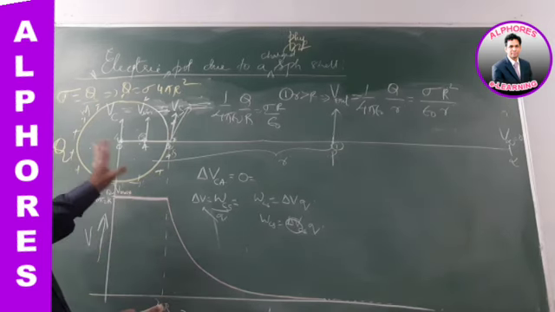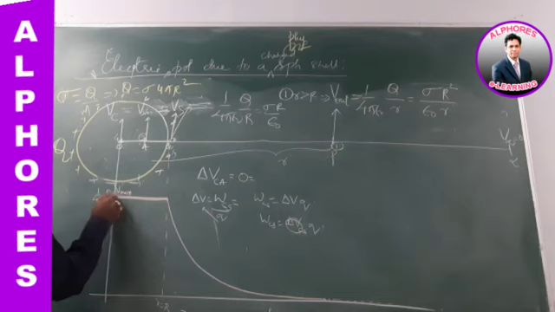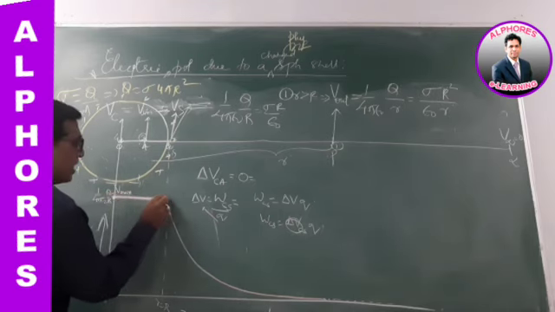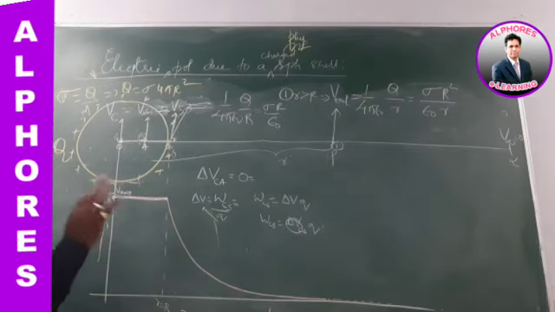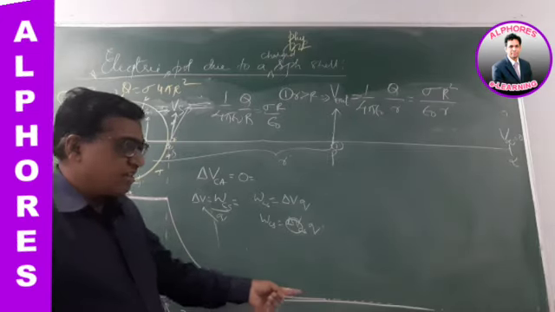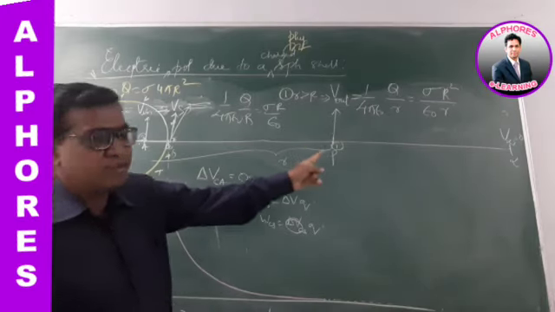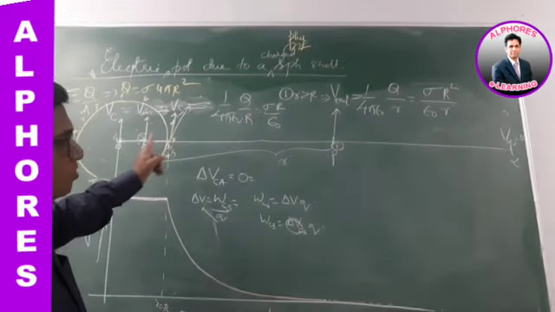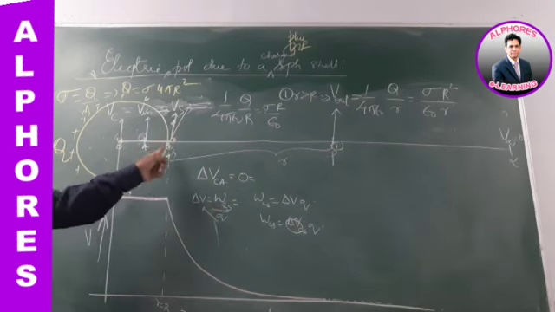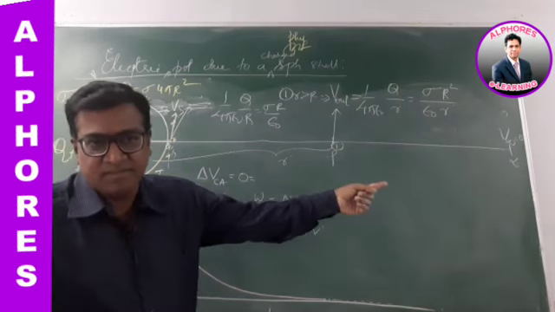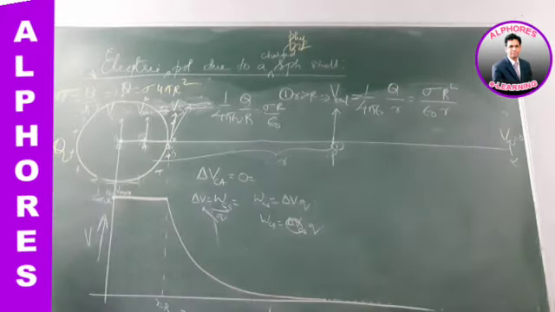So the potential at the center, at any point inside the sphere, and on the surface is the same at all the points. This is the graphical variation of the potential, and these are the formulas for the potential at various points: outside point, surface point, and inside point. Okay, right? Thank you. Any doubts?